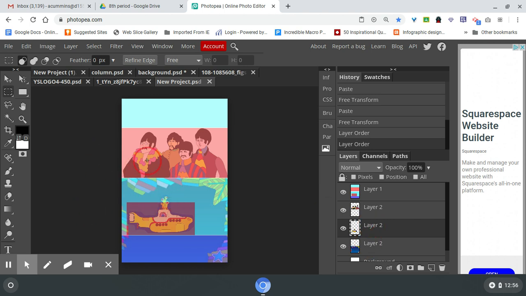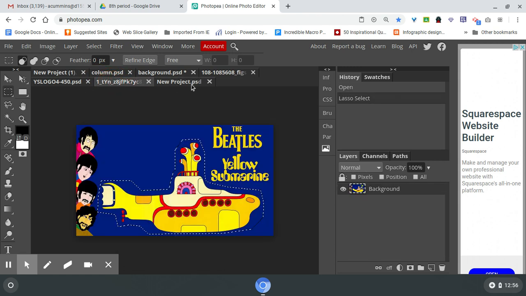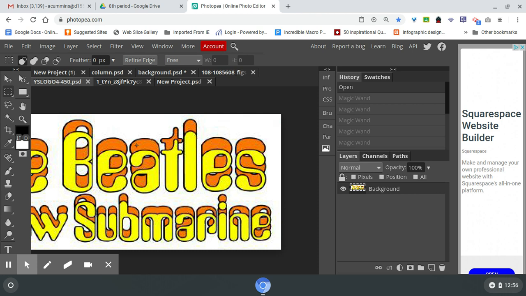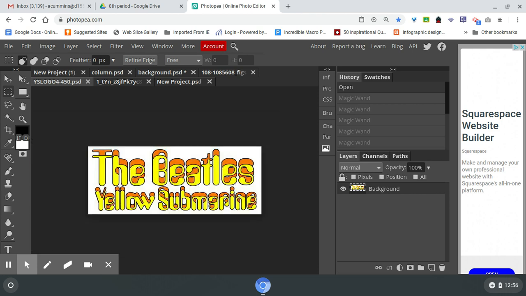Move some of the stuff around. And again, right now I'm just kind of putting stuff in. And then the top layer, I was going to go in and put the little Beatles logo. So for this one, if I want to grab just the yellow part, what I'm going to do for this one is go to the magic wand,